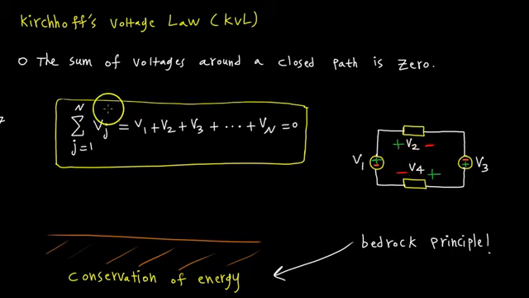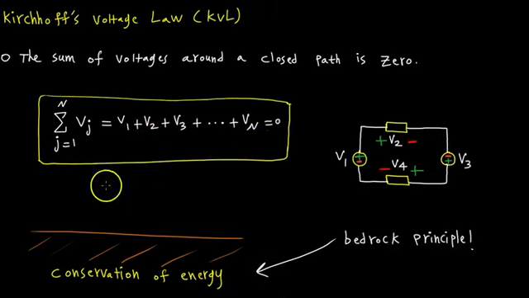And the way to indicate that mathematically, to represent that, you say the sum of V sub j, from j equals 1 to n, is equal to all the individual voltages summed up and set to 0. You might be wondering how we assign the polarities of the voltages here, and how we go about applying this principle. But in terms of polarity, we'll see soon that regardless of what polarity you indicated, the correct answer will come out of the equations so long as you're consistent